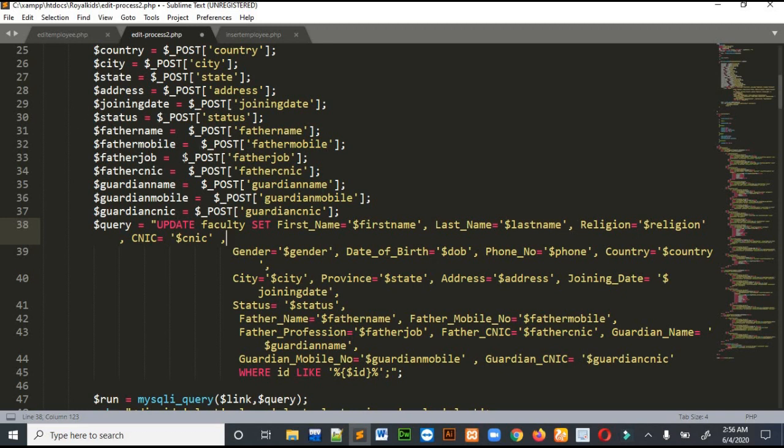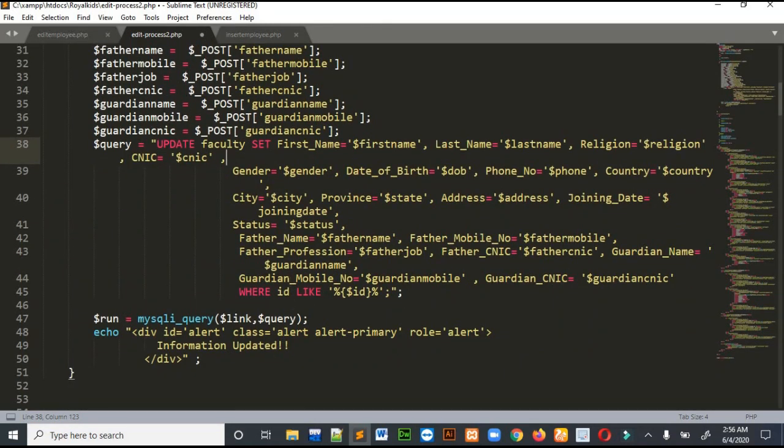I am using variables to update the faculty again. We are also using a where clause because we want to update the data for the specific ID, so I wrote where ID is equal to ID. There are two ways of equaling using the equal thing.